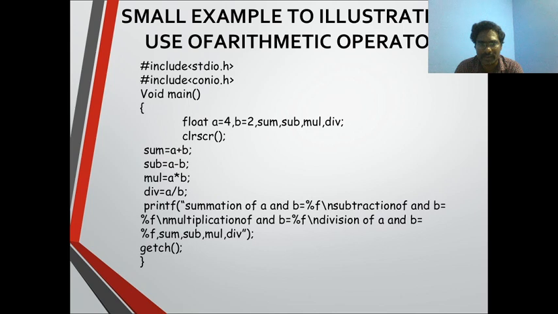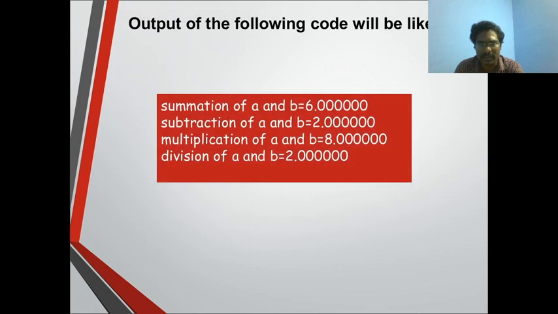We all know how to print it. We need to specify the corresponding format identifier followed by the variable. Likewise we need to print all the operations, the sum, subtraction, multiplication, and division variables, along with the identifier included in the printf. Next we are going to see the output of this program. When we compile and run this C program, we get the output like this. For all the operations, we are getting the output as decimal point values because we have declared all the variables under the data type of float.